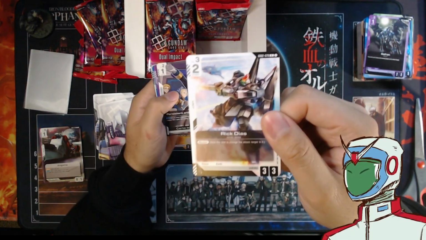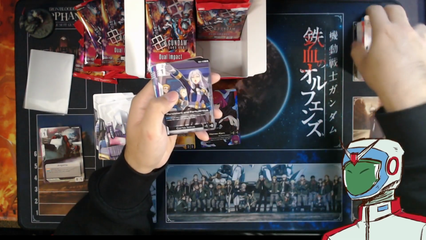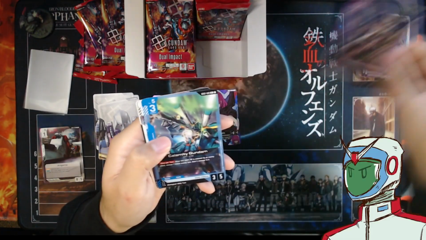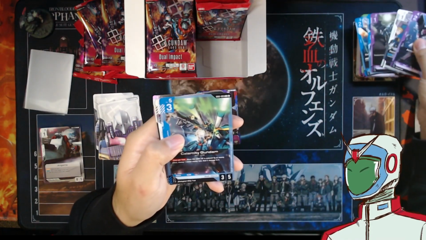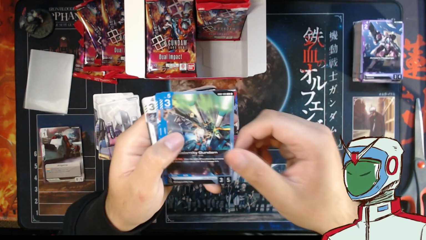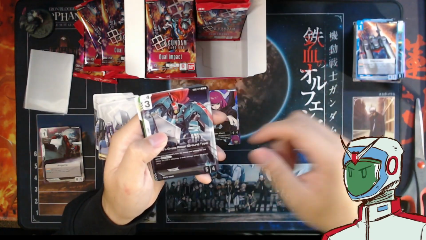Reek DS, this is a good blocker. I highly would pick up 4 of these. It's one of the stronger blockers. I think it was like a 2-2, right? No, it's a 3-2, but it's basically like a Sword Strike. It's a good replacement for